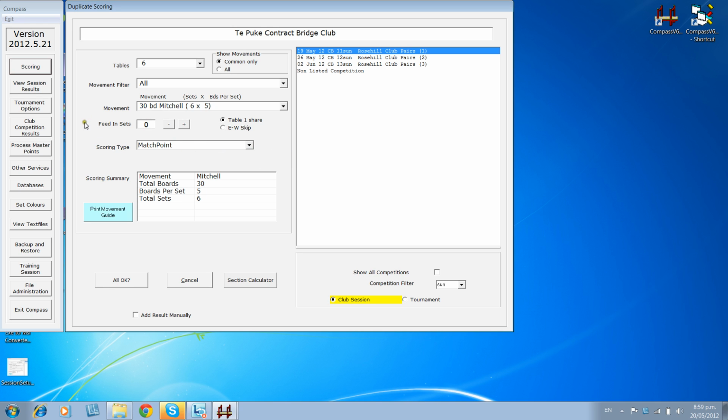Some users of Compass will note that there is a new feature here called feed-in boards. This is introduced in version 2012.5.21. Anyway, it's pretty self-explanatory. Okay, so how do we do this? We just select the table numbers. It's 12, and then